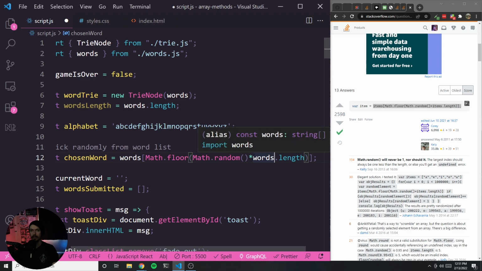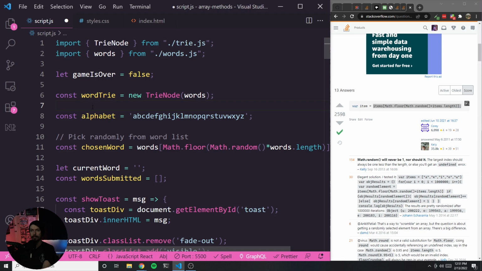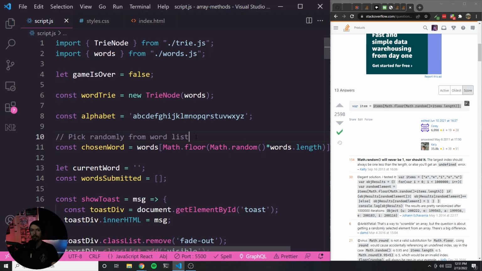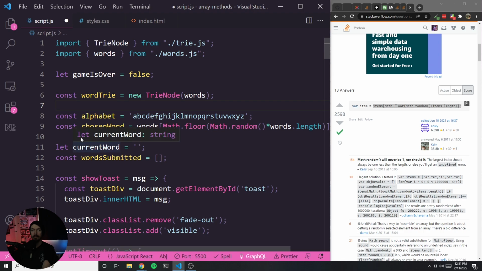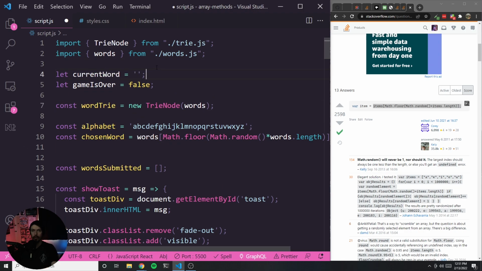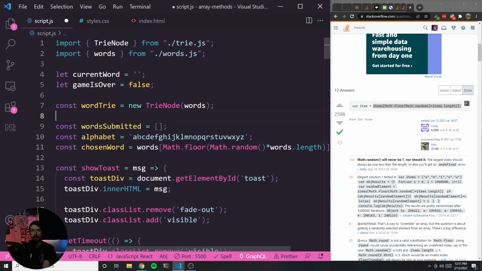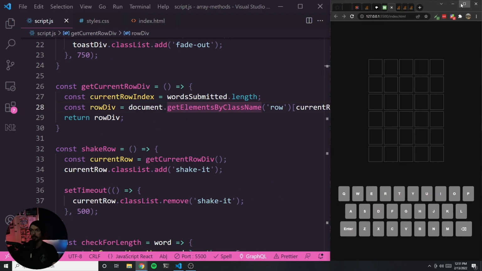I already have words dot length, but there's really no reason to store that in a variable. So that should give me a random word, which means that now I can probably officially play this game. I'm almost done here. I'm just reorganizing some of this code to make it look a little bit cleaner. There we go. So now I should be able to actually play this game in a legitimate way